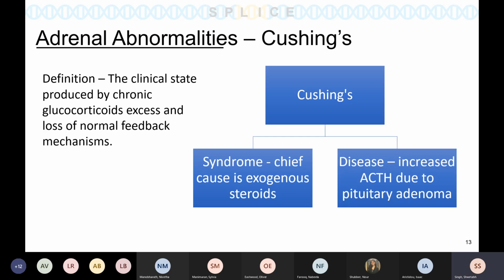Okay, so we've talked enough about Addison's disease. We'll go to the other end of the spectrum and look at Cushing's. The definition is written just there. It can be split up into Cushing's syndrome and Cushing's disease. So Cushing's syndrome is